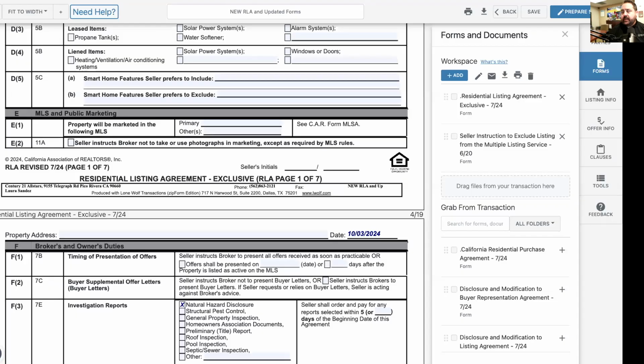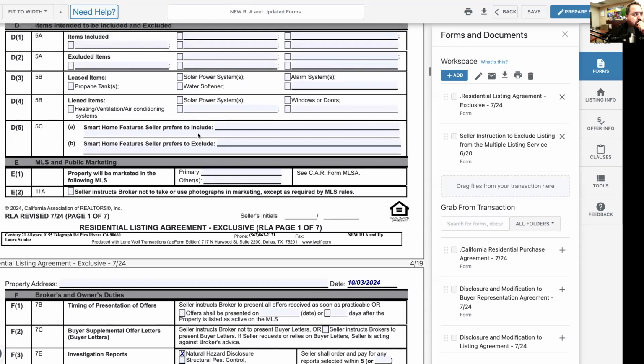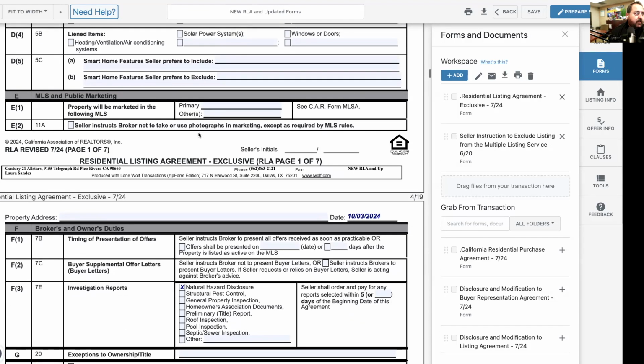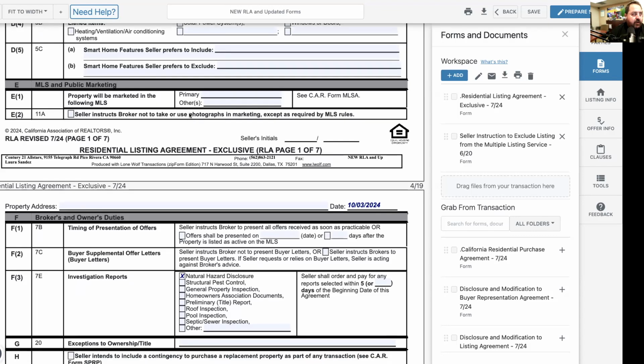Let's get started. I'm going to share my screen with you guys. All right, so what you should be looking at is where we finished last week. We went through the items excluded, included. We went through what smart home features were going to be included, which MLS you're going to market it in, and whether or not the seller instructed you to not use photographs in the marketing,